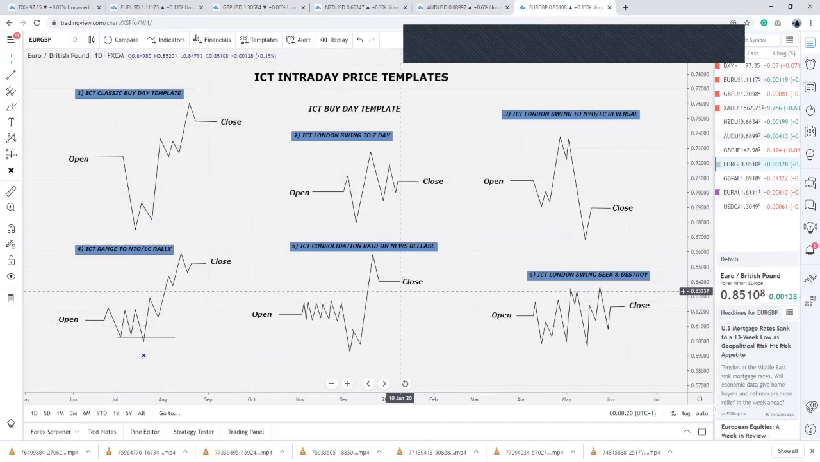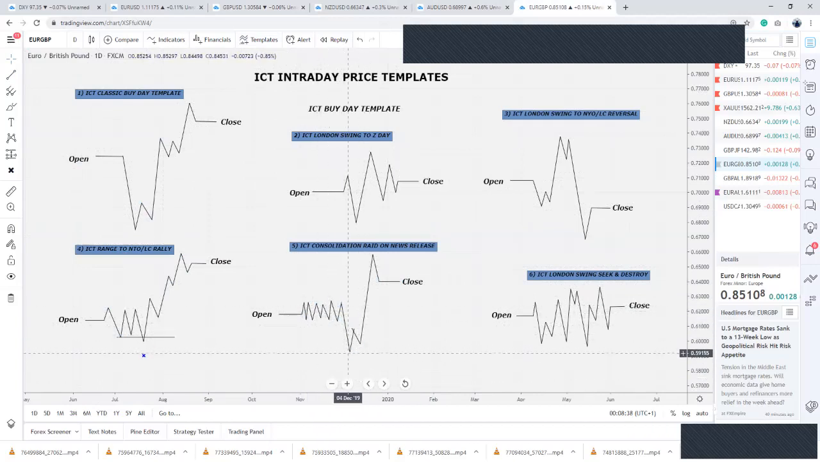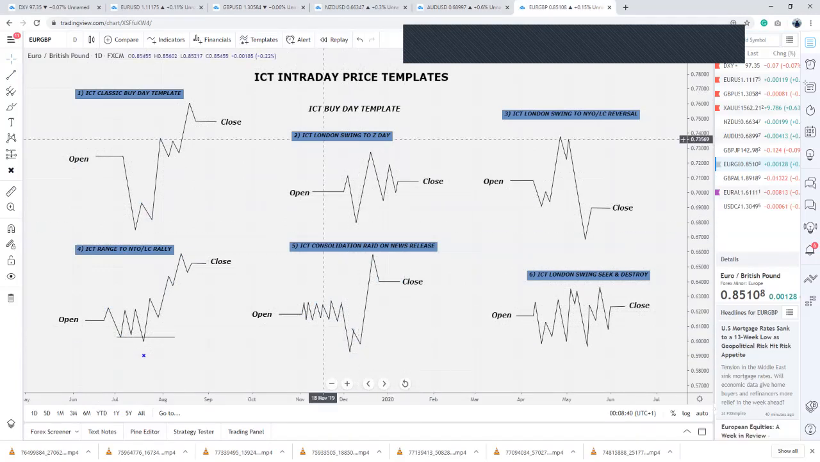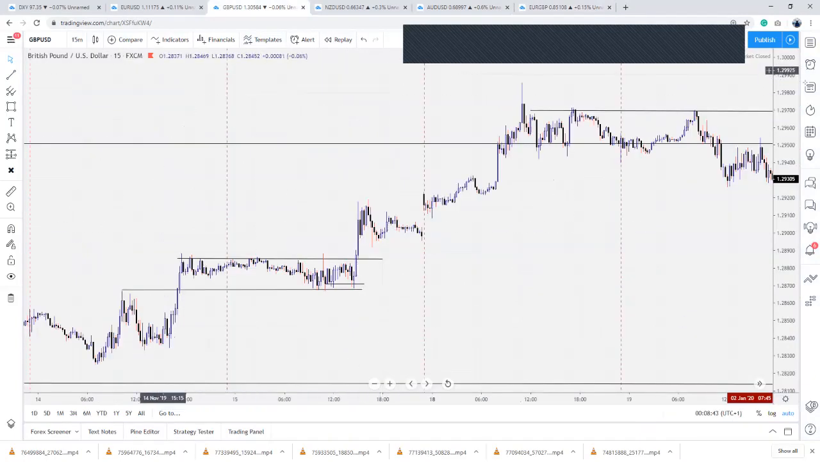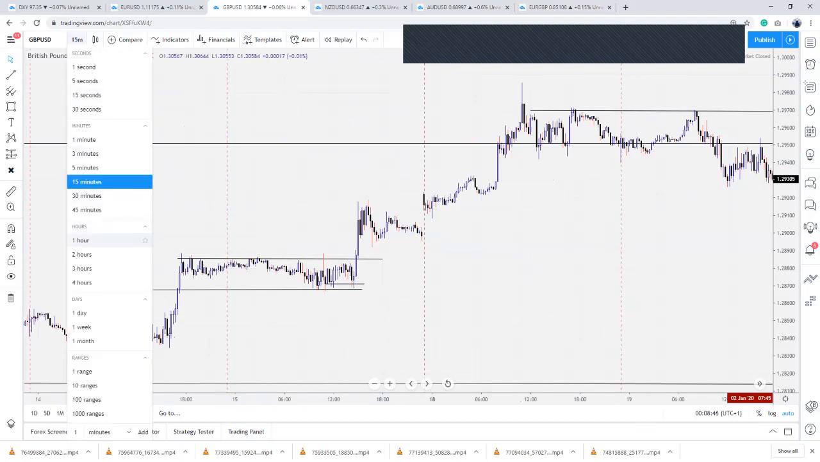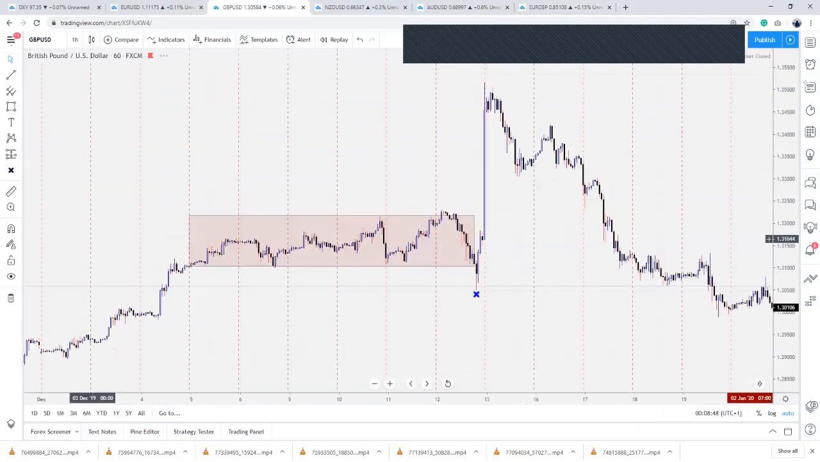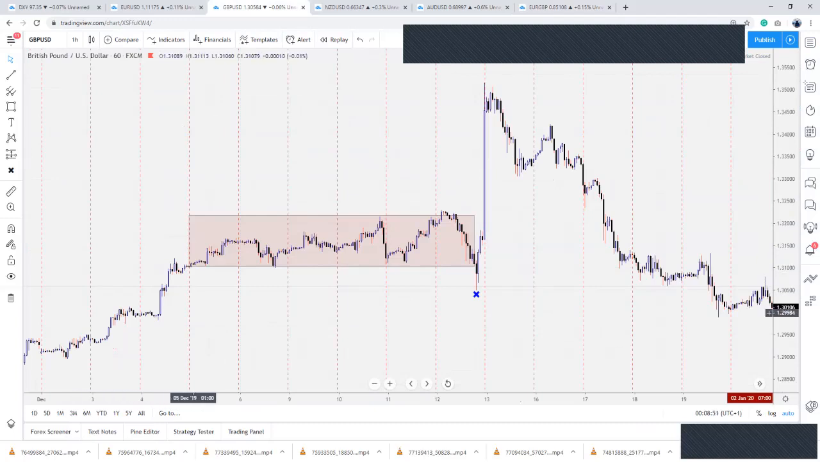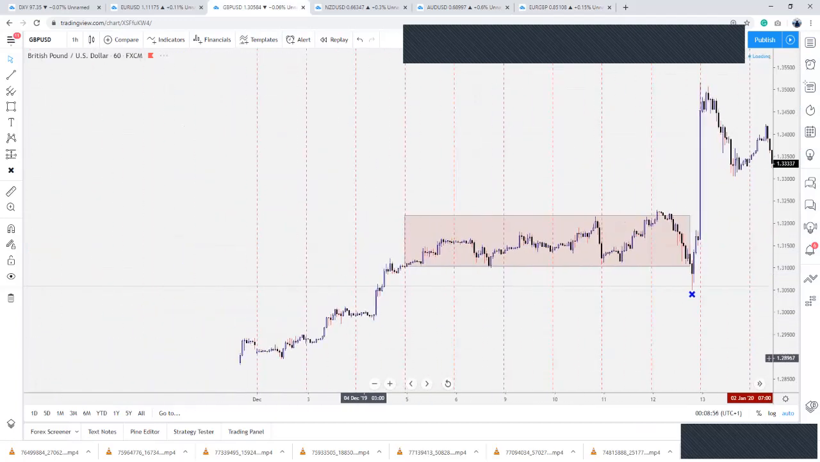And then the fifth is your ICT consolidation rate on news release. So this is kind of like an extension of the fourth, in the sense that price ranges until news release, which is where you get that false move down, and then the market quickly shifts away. So that false move down gets people to sell that news release, thinking the news is going to push the market down before, which obviously is what the market wants to do to get people to go the wrong